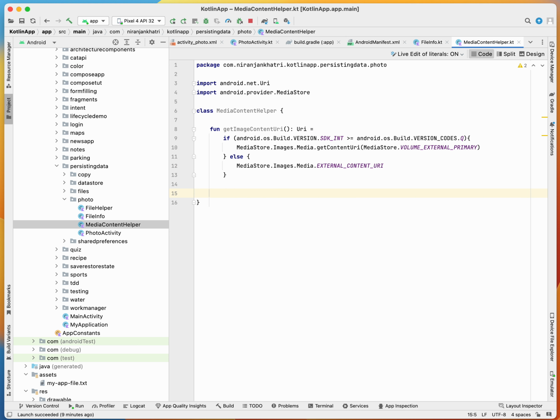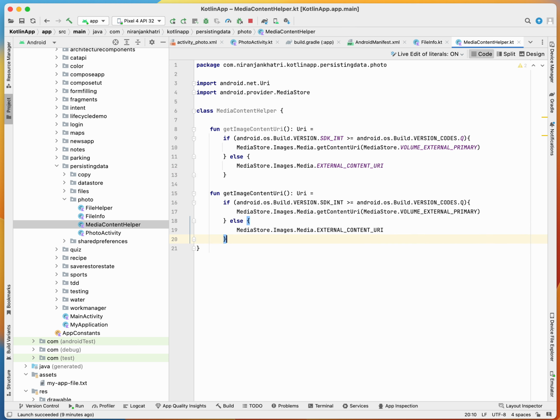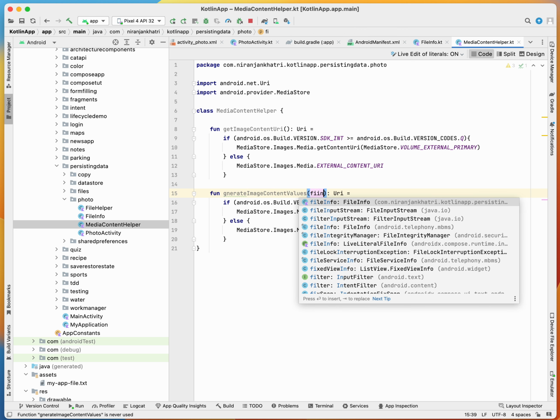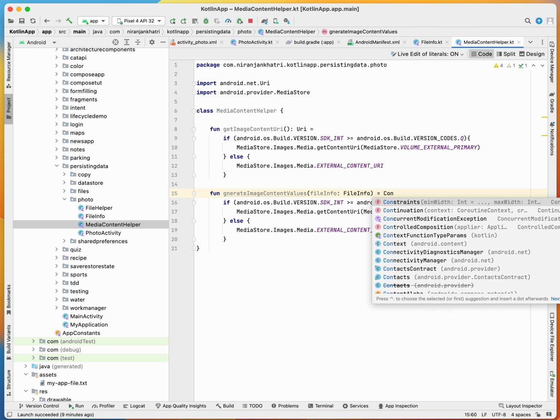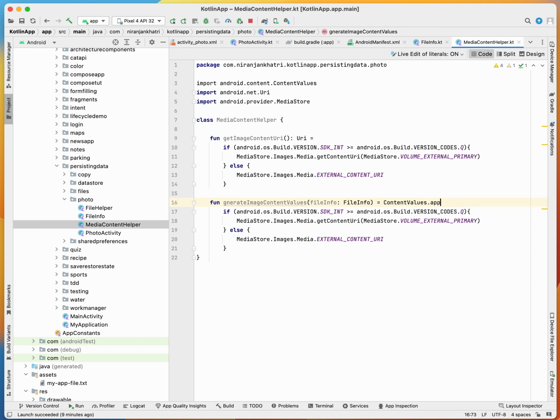And similarly, after having this one, we will also have to generate the image content values. Let me just copy and paste, because what we are going to do here is generate image content values, which will not pass the URI but the file info. We will need to pass the file info, and what it's going to return is the ContentValues.apply